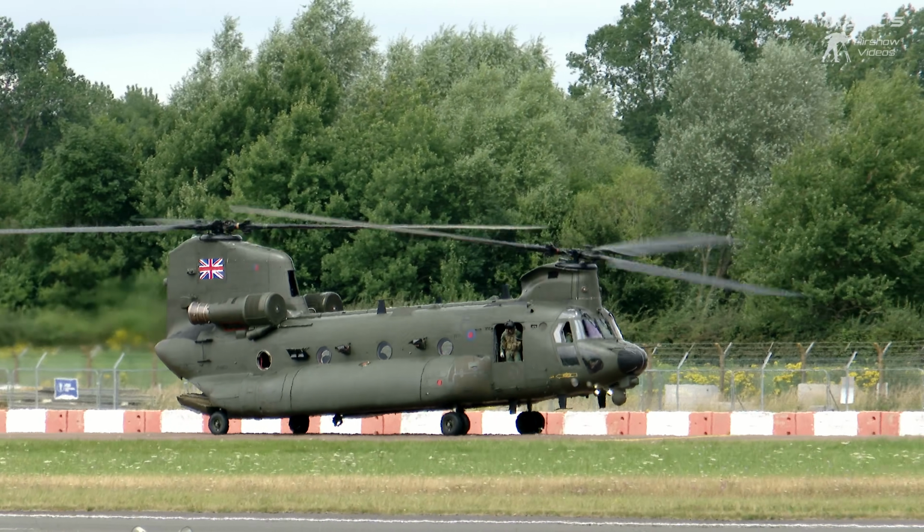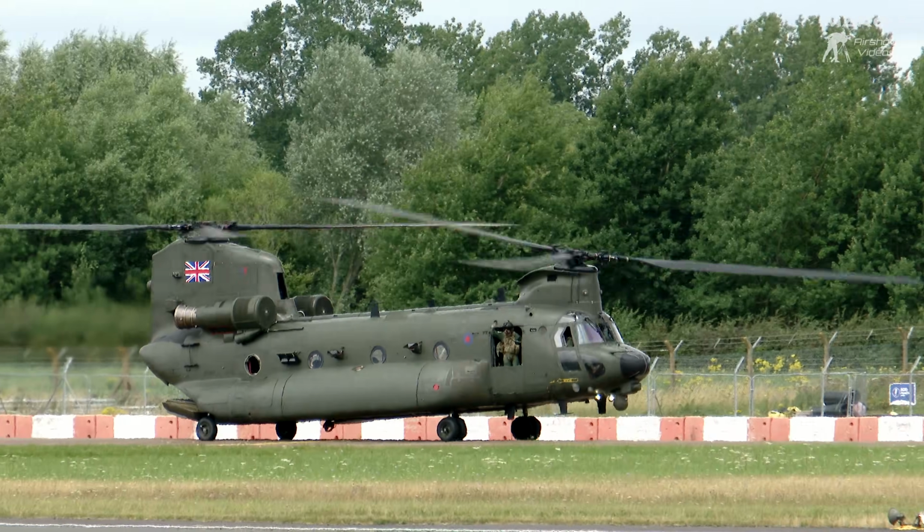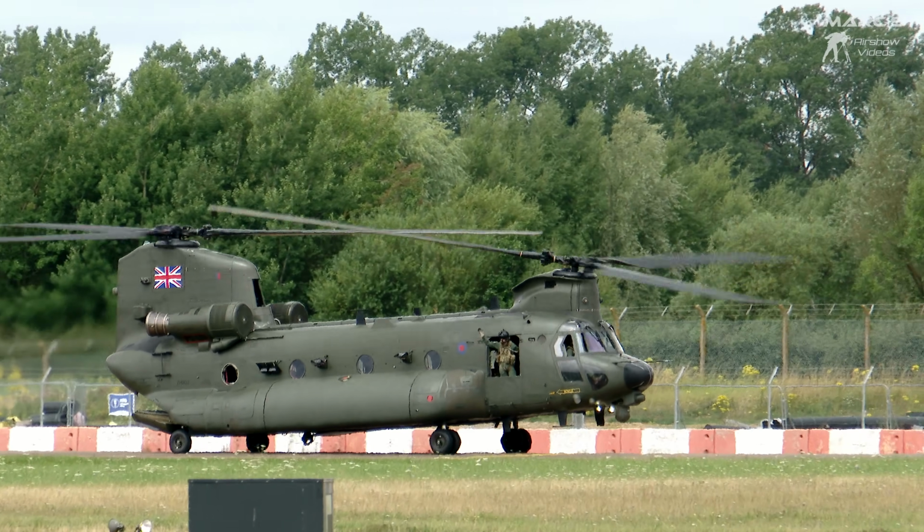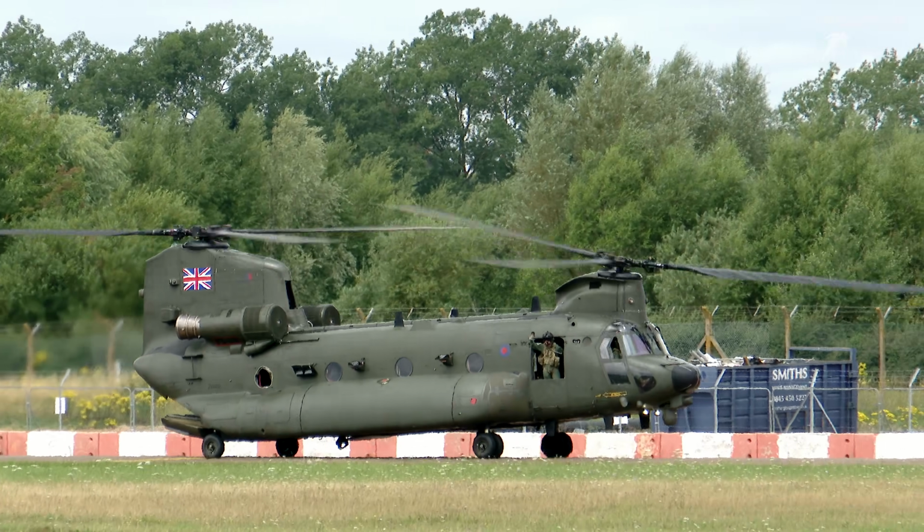The show has never just been about fast jets going through their paces and heavy transports of one type or another. There's always been a place in the show to demonstrate